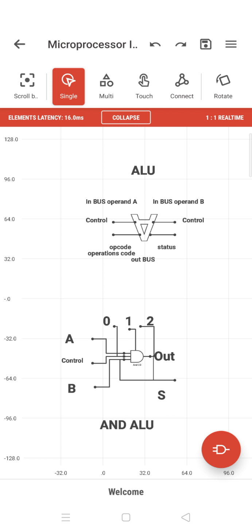Then the status register comes out, and the output can be stored in a memory somewhere. This is the basic operation.